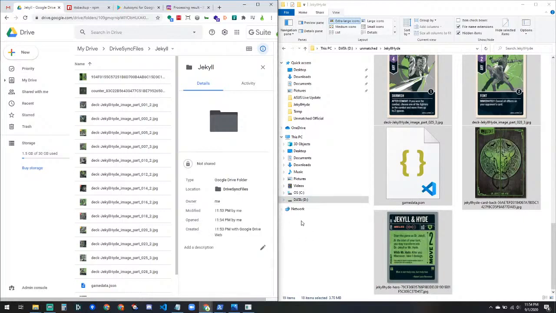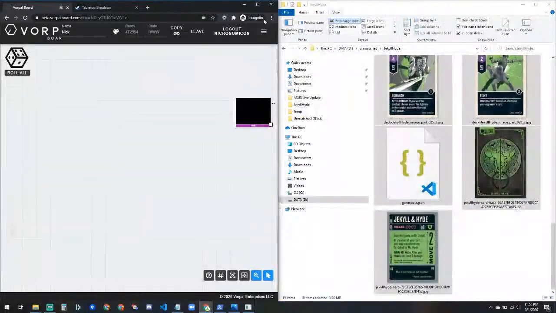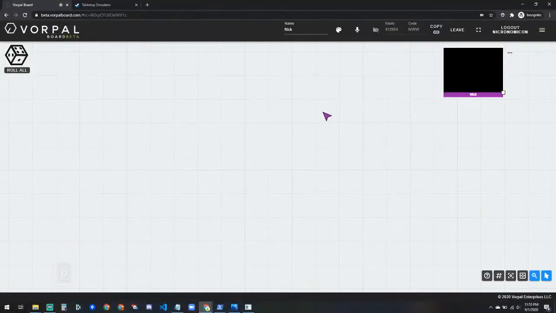So now on my phone, you can't see this, but off screen I am firing up Drive Sync Pro, is its other name. Drive Sync Pro on my Android, and I'm going to click Sync. And this tells me that it's downloading all the files, and we'll give it a second. While it's downloading, I will flip over to Vorpal and get ready here. Okay, so let's open my Jekyll folder, which magically appeared on Vorpal Board. I'm going to connect to this room that you see here,